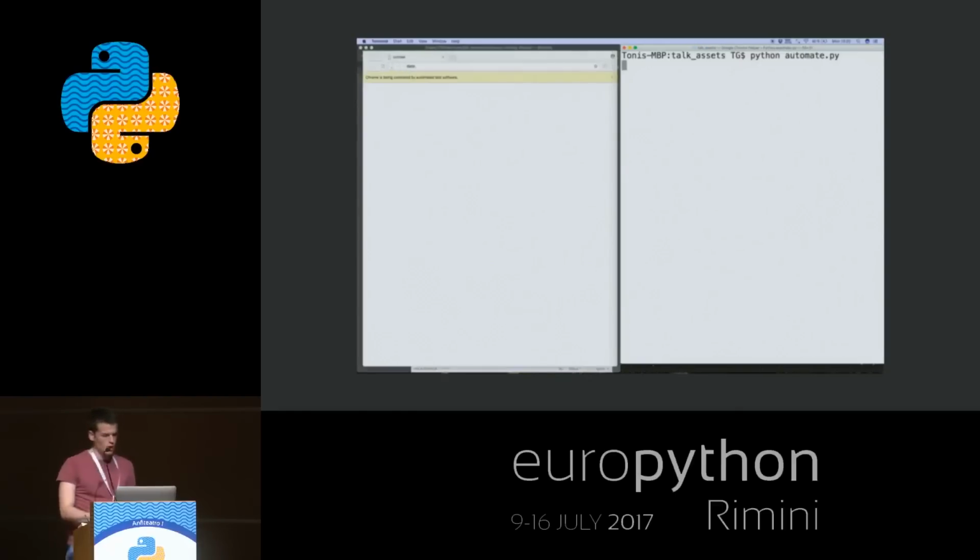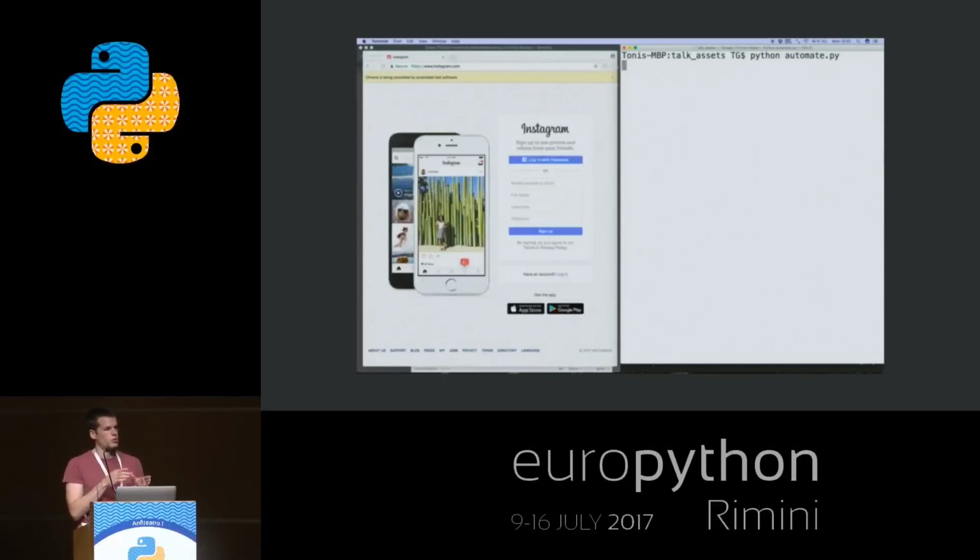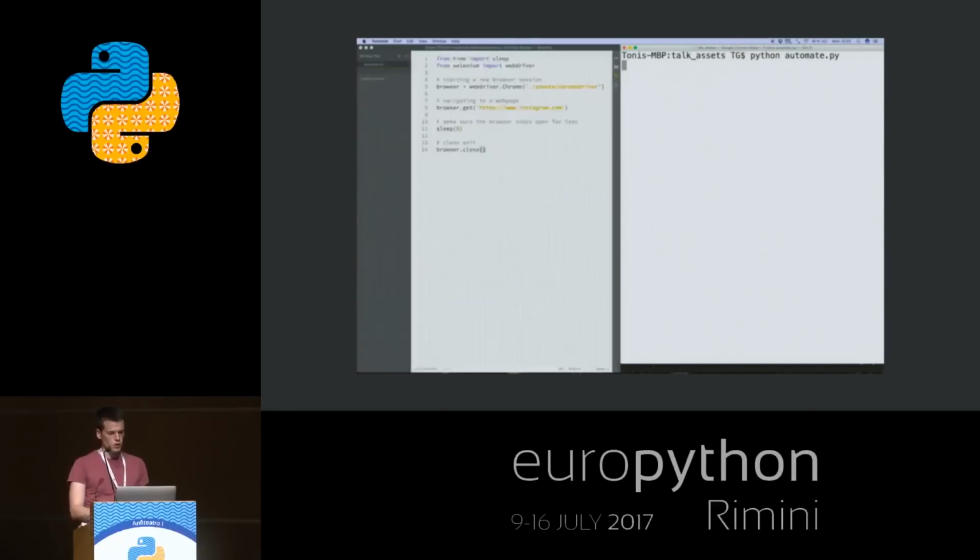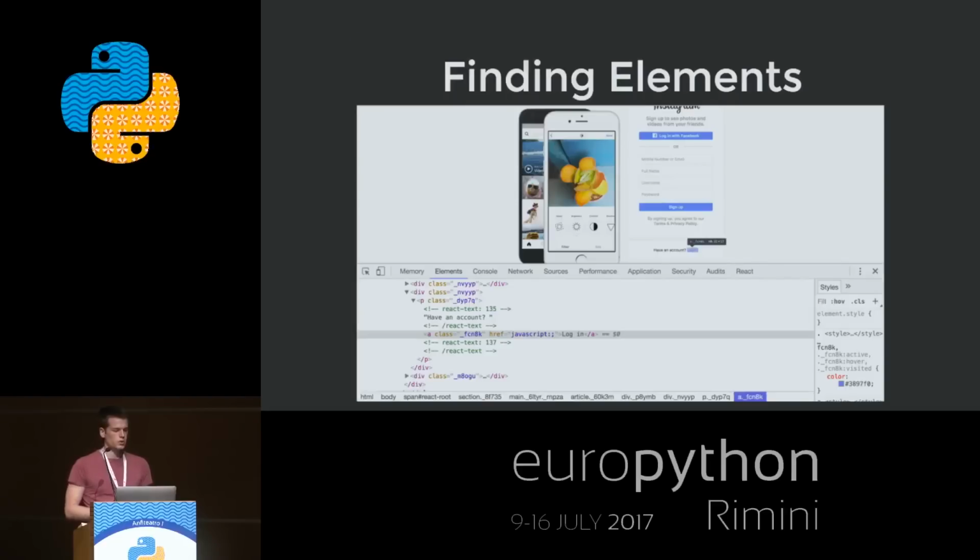Do you see that? And in this case, there is this little login link on the bottom of the page with which we can switch from the sign-up form to the login form. And this is really a good point to introduce a new concept here from Selenium, and this is finding and clicking elements. So in order to find an element on a page, we can take a look at a page source, and we have to find a nice signature of the element. And in this case, it's just an A tag with the class of _fc and so on,